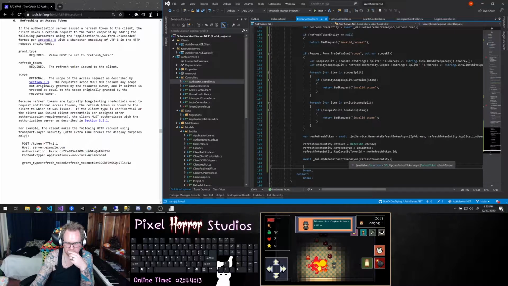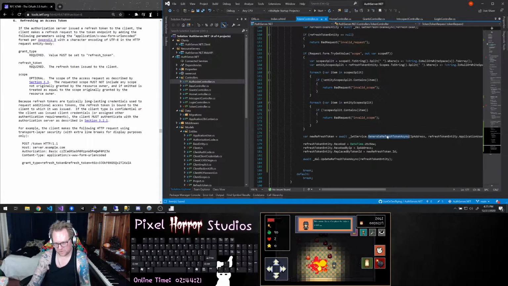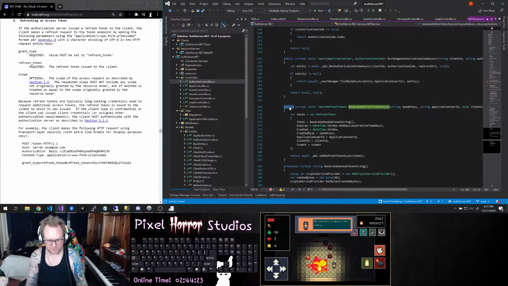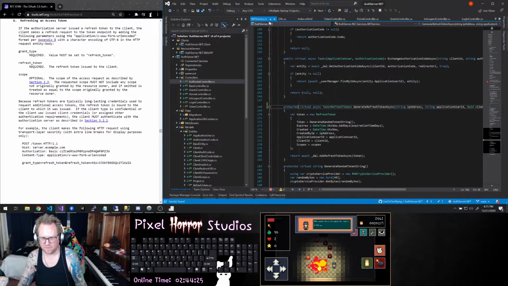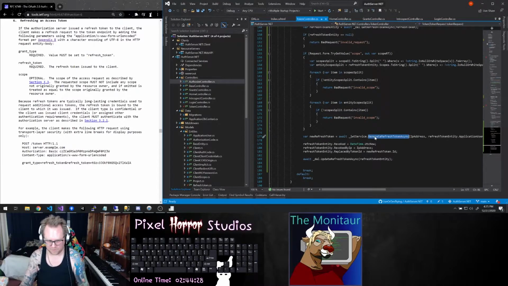But we actually want to generate a whole new token. So we can change this back to being protected. We want to do a generate token,